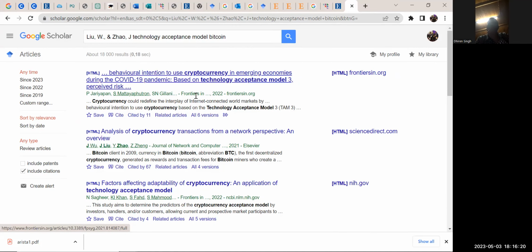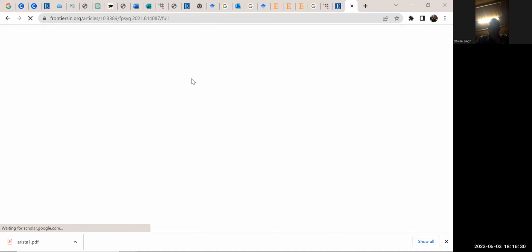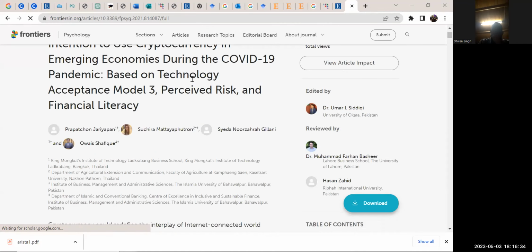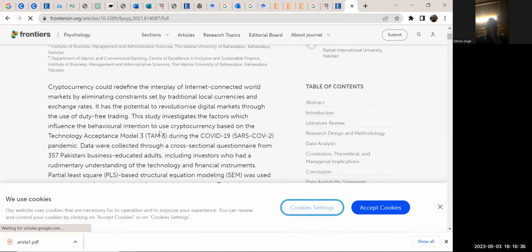There's another article I found, and it's even later than that, 2022. Okay, can you see how from one article I'm looking and finding all the others, Arista? Yes. Right. Now, once you get the article, there we go. Look at all of this. You can get more from here.